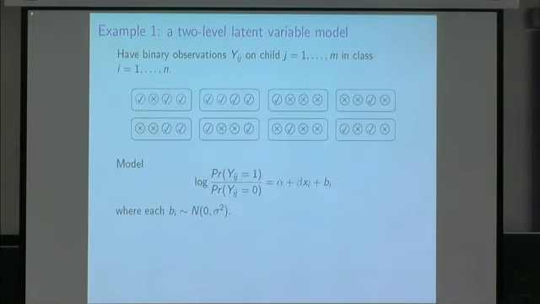And one way you could do that is to say, let the log odds that child j in class i passes the test be some linear combination of covariates, so that's the alpha plus beta x_i part, plus this normal(0, sigma squared) random error term, which is shared between all children in the same class. So I'll call b_i a random effect or a latent variable kind of interchangeably, so sorry if I don't use very consistent language. So then we've got this very simple model to write down, and you want to do inference on the parameters of that model. So I want to do inference on alpha, beta, and sigma.